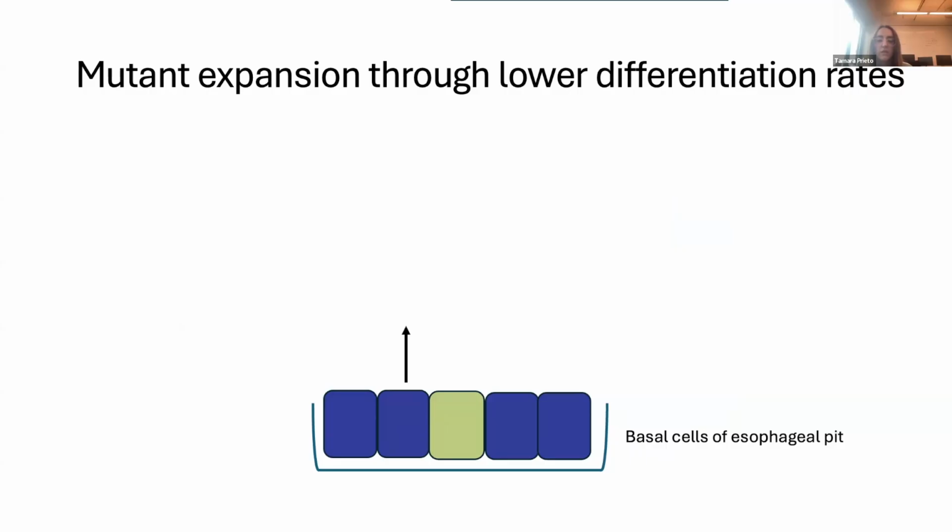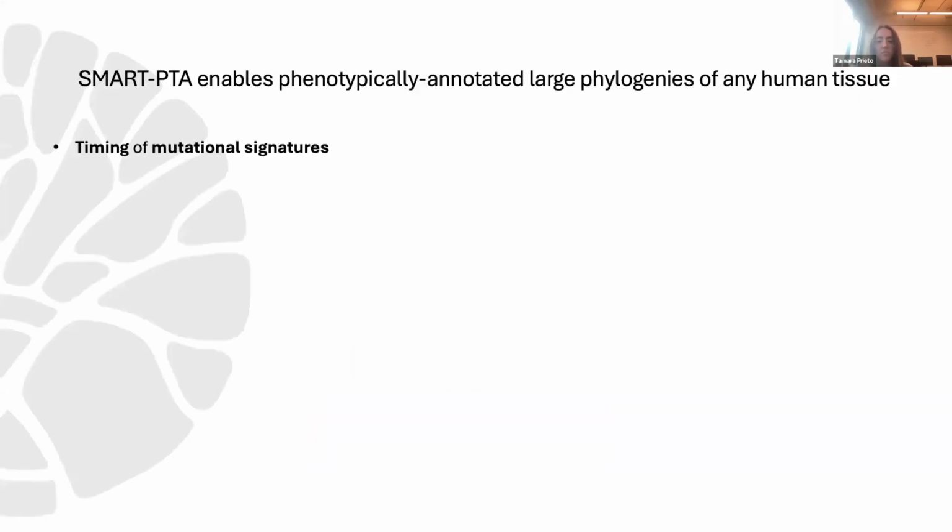So a wild-type cell will differentiate to maintain the esophageal homeostasis, and then a basal cell will divide to maintain the tissue structure, and mutant cells differentiate at lower rates than wild-type cells. So after some time, the mutant clone will be selected. If we follow just some cycles, you can see how, with a bias in differentiation, in the end we get these clonal expansions that are so frequent in the esophagus.